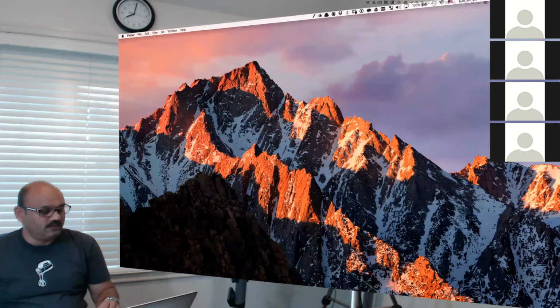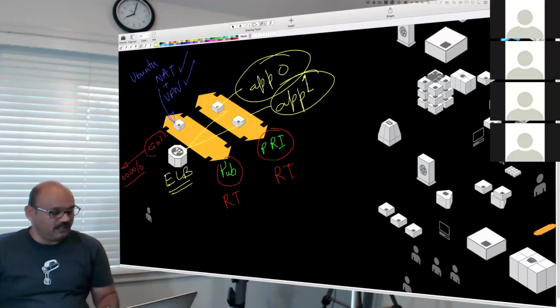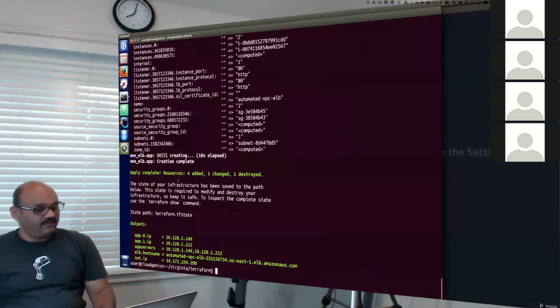As soon as the creation succeeds, we should be able to go through, like this user, through the load balancer, go to see what this Nginx shows and what this Nginx shows, and we should be able to see some load balancing action right now. And it has succeeded in creating all that. We have an ELB host name defined.